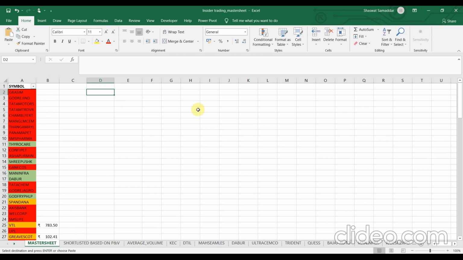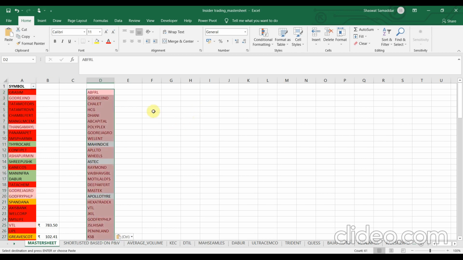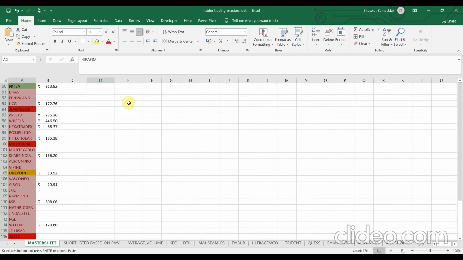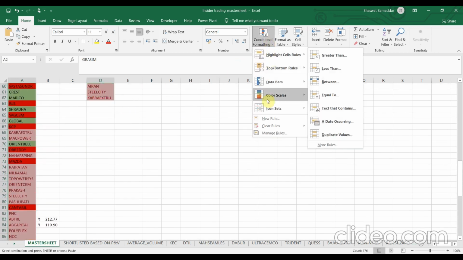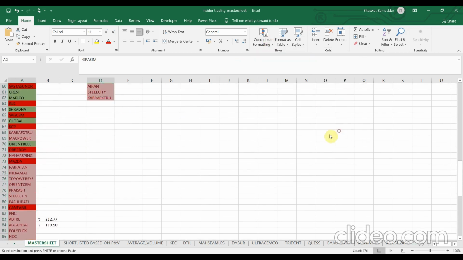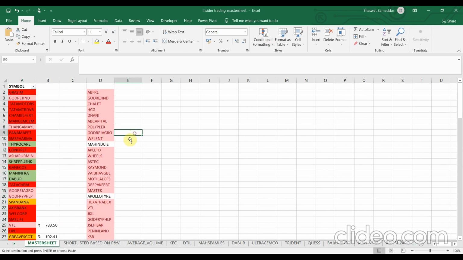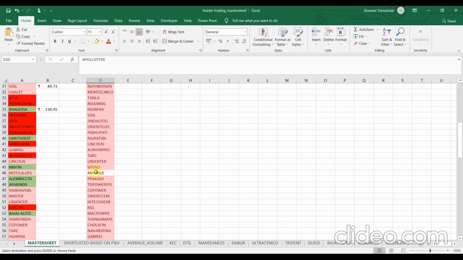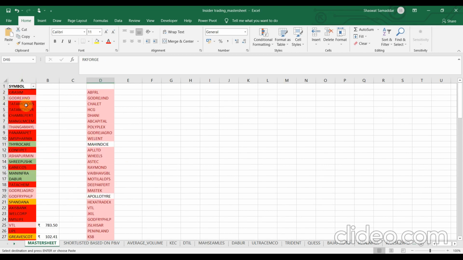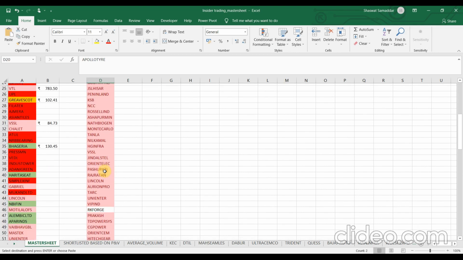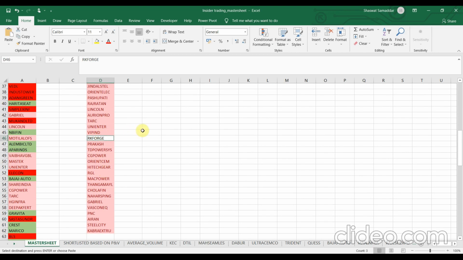So I'll just paste these names here and I'll apply a conditional formatting on duplicate values. Alright. So the names which are highlighted in white are the stocks for which I have not done the analysis, or in other words, they are not present in this master sheet or in master column as you might call it. So I'll copy these names down and we will analyze these particular stocks for today.